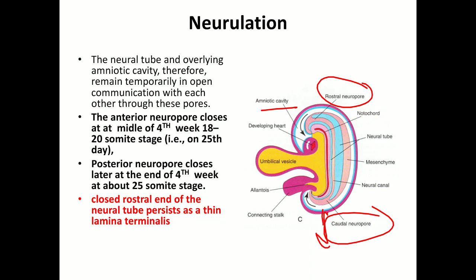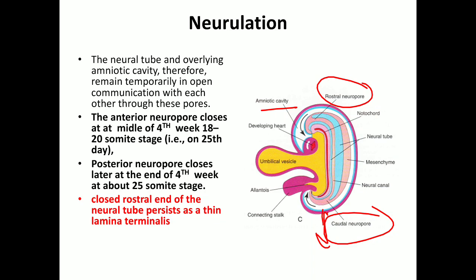So the closed cranial end of the neural tube will persist as the lamina terminalis. The cranial opening is called the anterior neuropore and the caudal opening is called the posterior neuropore, and this anterior neuropore